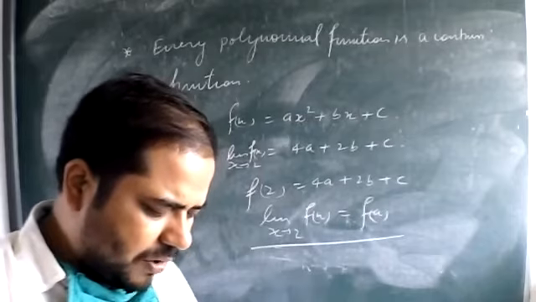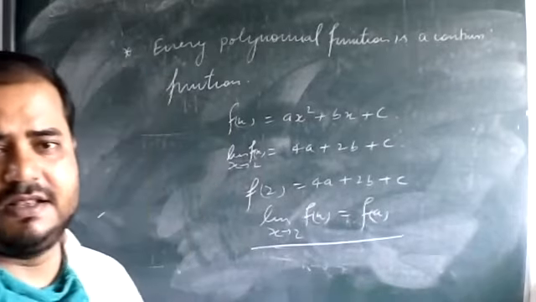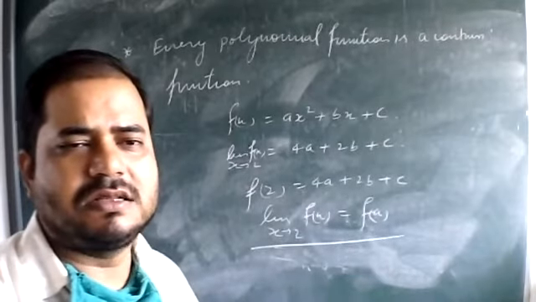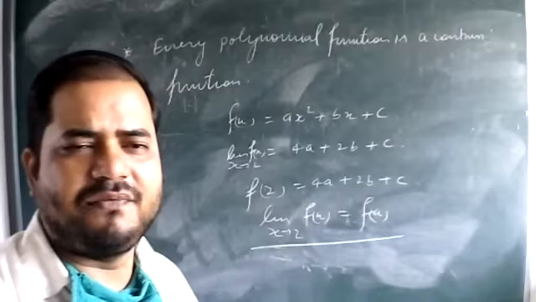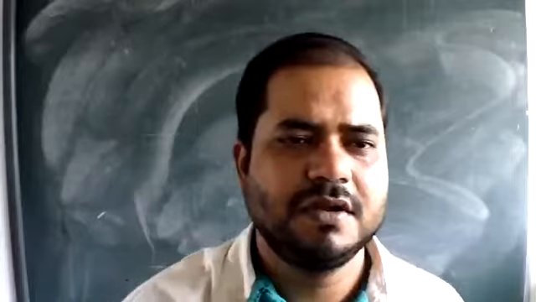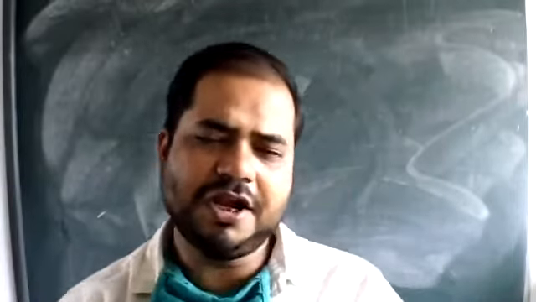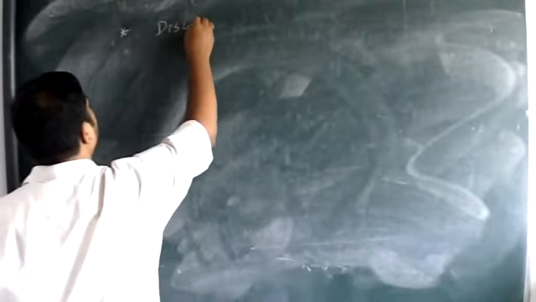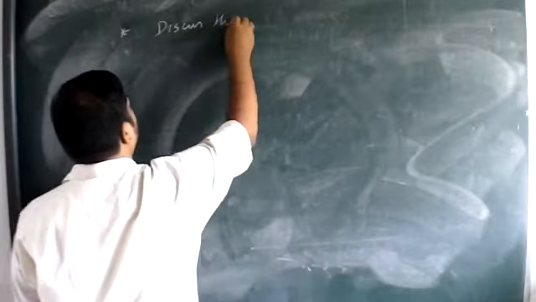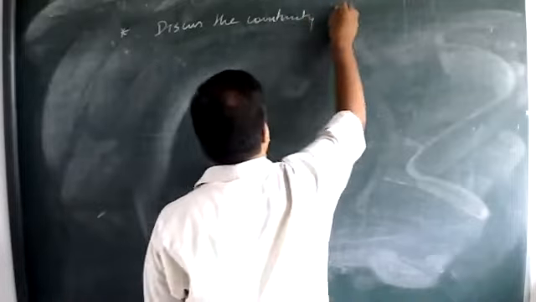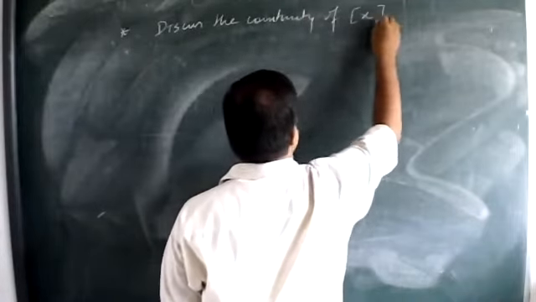Now we talk about example number 15. This is most important. Okay, bracket function. We have to discuss the continuity of the bracket function, that is, the greatest integer less than or equal to x. Discuss the continuity of bracket x,